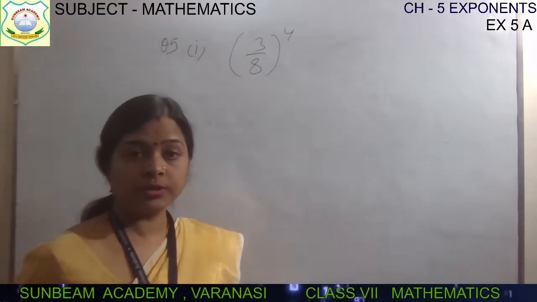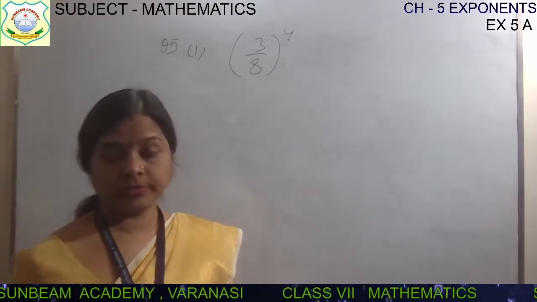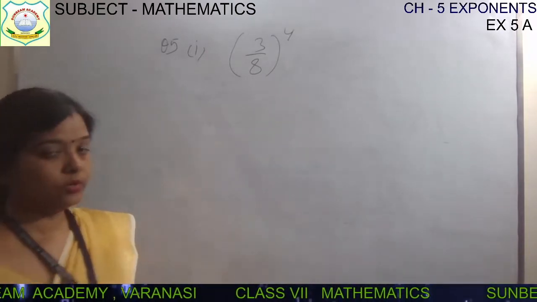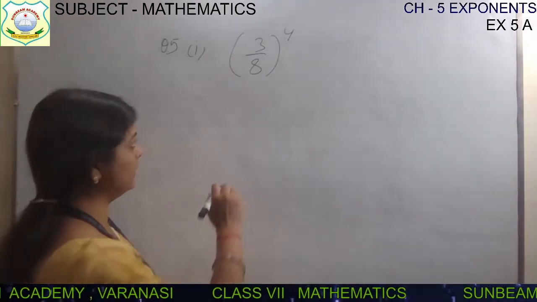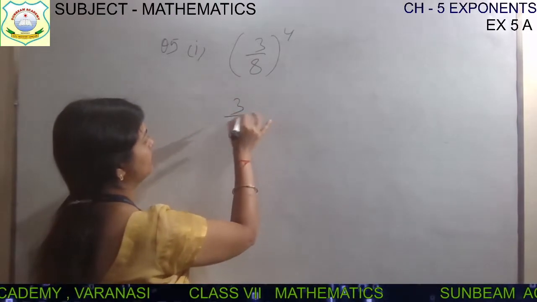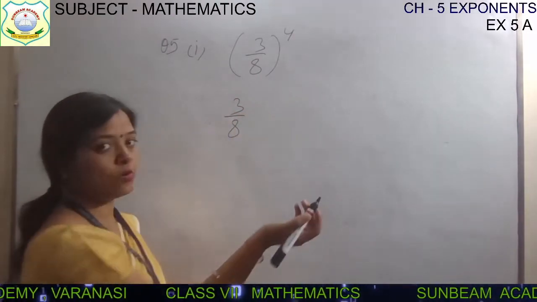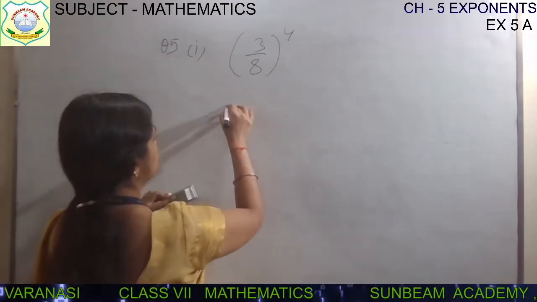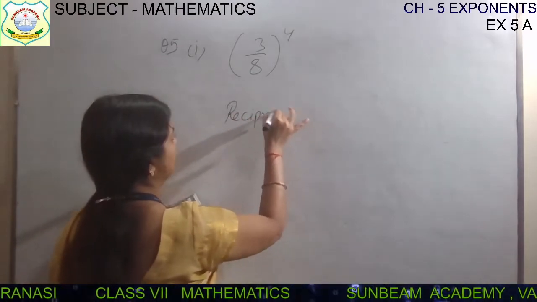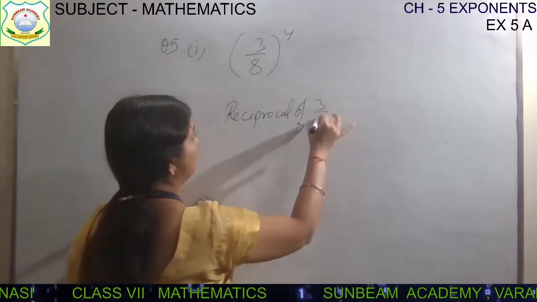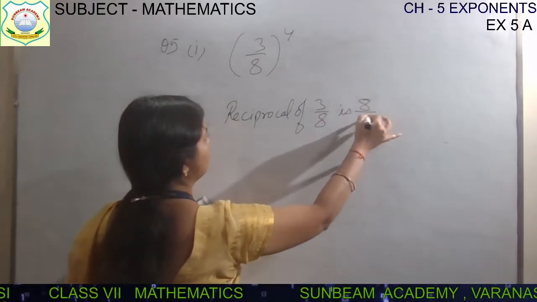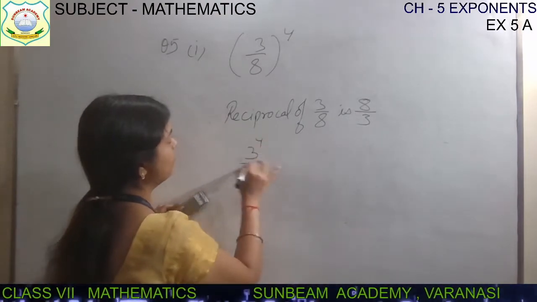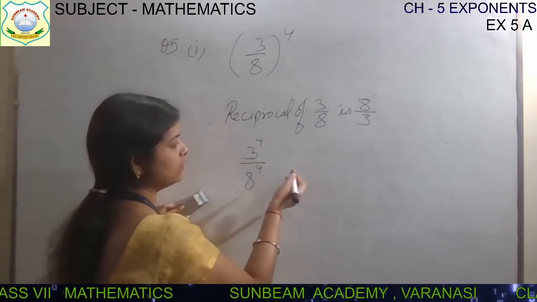Now children, question number 5, first part: 3 by 8 to the power 4. You have to write down its reciprocal. So the reciprocal of this number will be 3 by 8. The reciprocal of 3 by 8 is what? 8 by 3, okay? The reciprocal of 3 by 8 is 8 by 3. But here it is not 3 by 8 alone. Here it is 3 to the power 4 and 8 to the power 4. So the reciprocal of this will be